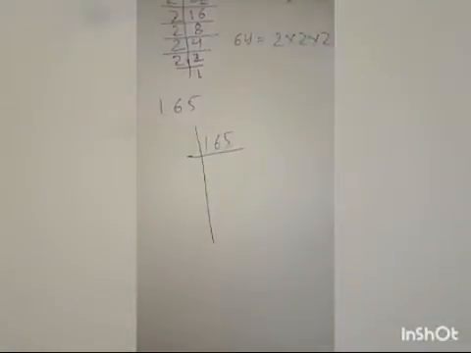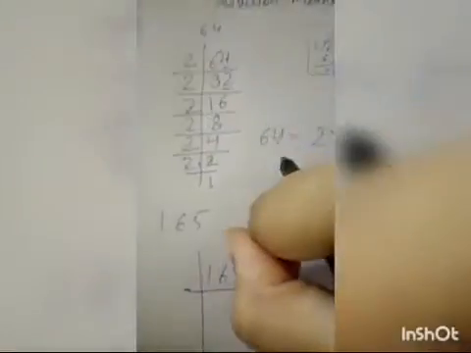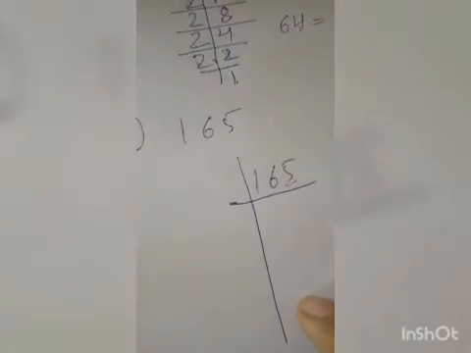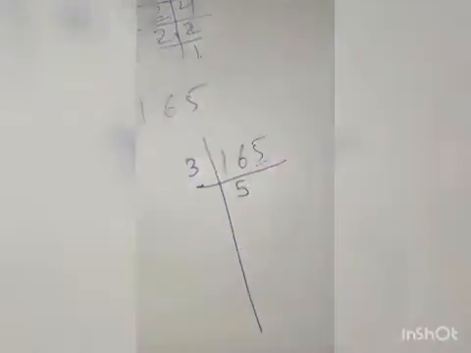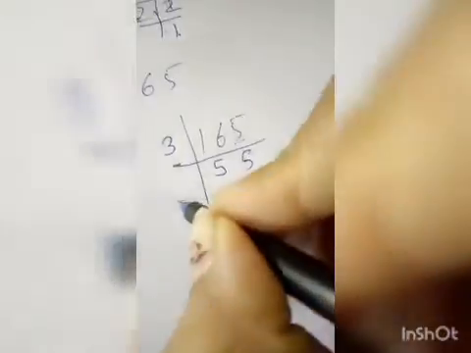Now I will go with 3. I can check whether it can easily go with 5 also, because it contains 5 at the end, but I will have to take the least number. So in that case I will try with 3. 3 5s are 15, 16 minus 15 is 1, 5, 3 5s are 15. After that, let's solve this with the help of the division method. So 3 on 165, 3 5s are 15, and 3 5s are 15.